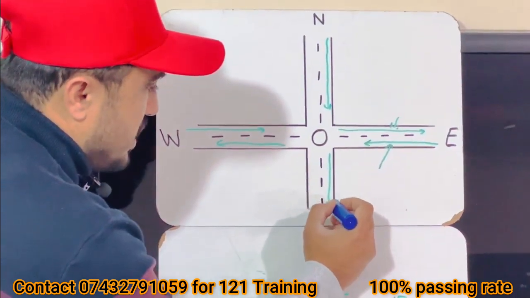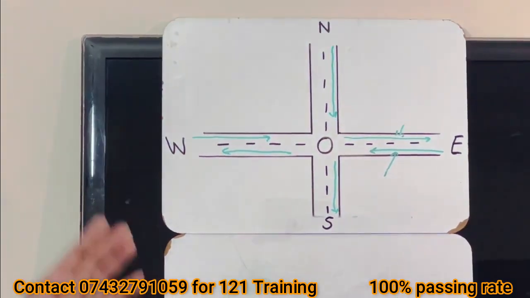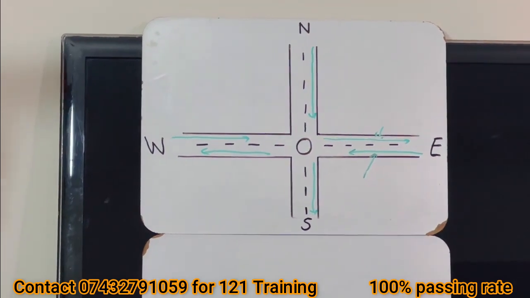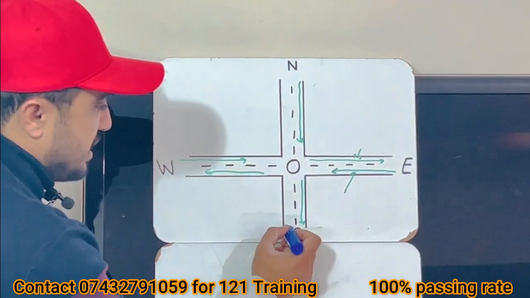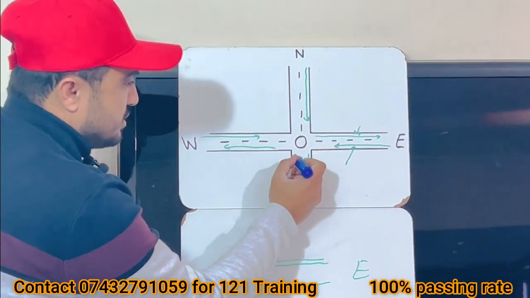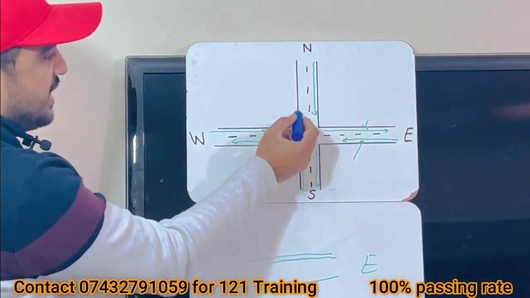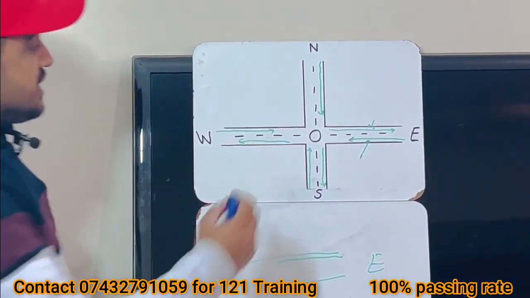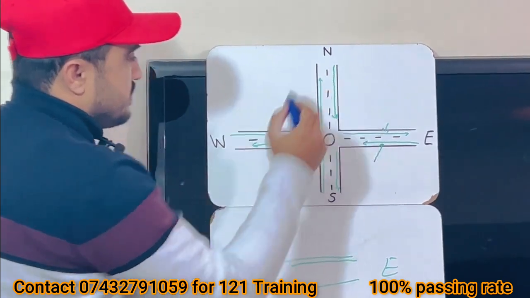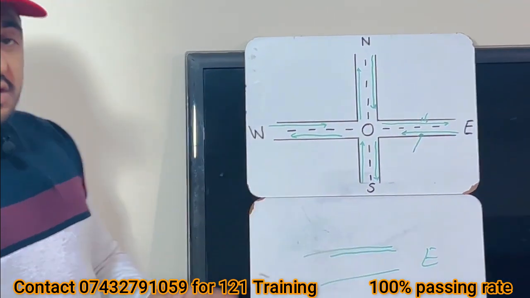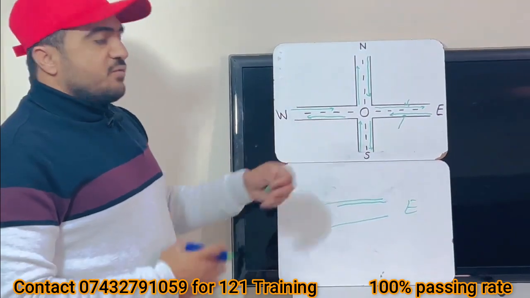This is your left hand side. Let's say you're going up, it's always confusing where to stay, over here or here. So this is your left hand side over here like this. You're going up, so over here. Which one is going to be the left hand side? This one is going to be the left hand side like this. Hope this is clear, it's tricky, but when you practice,